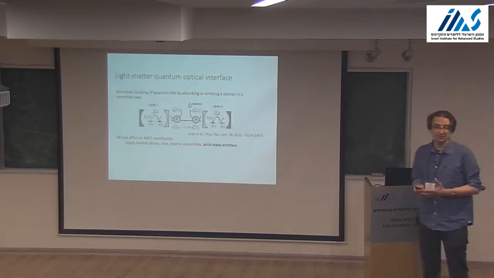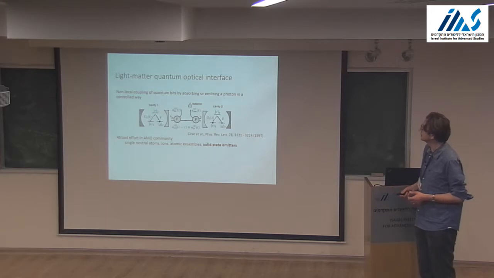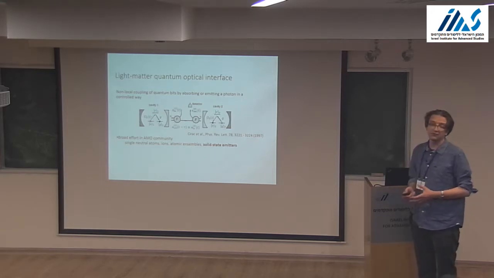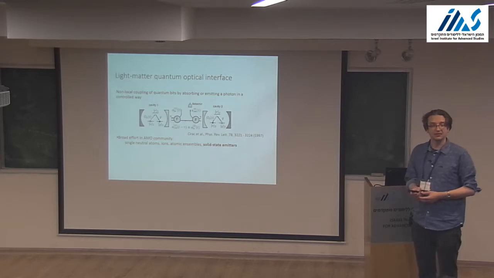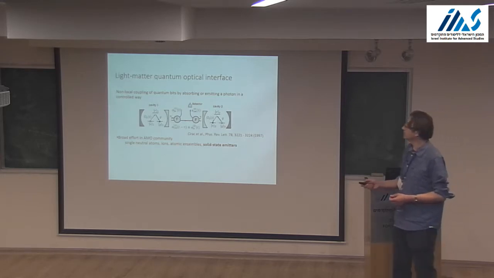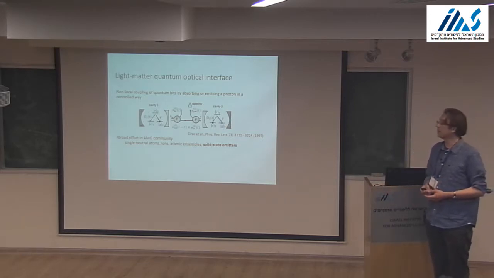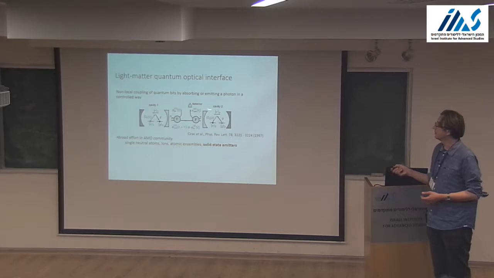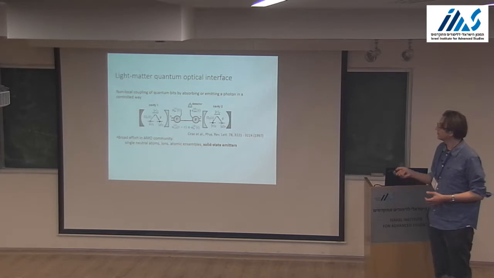This is an important topic because of fundamental interest in creating such a hybrid system between atoms and photons, but also in terms of quantum information and quantum communication challenges, basically making quantum repeaters or distributing entanglement over long distances, where you use a long-living state of atoms, a long-living spin state, for example, and you distribute entanglement over distance by mapping the quantum state of the atom into the state of the photon that propagates to the next atom,